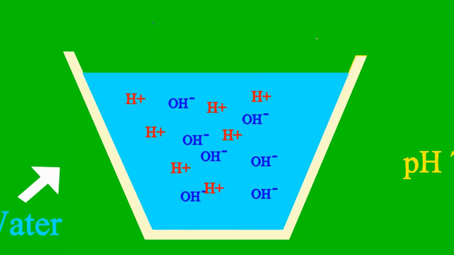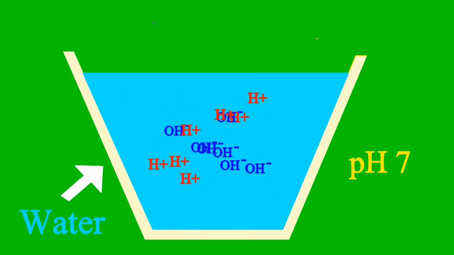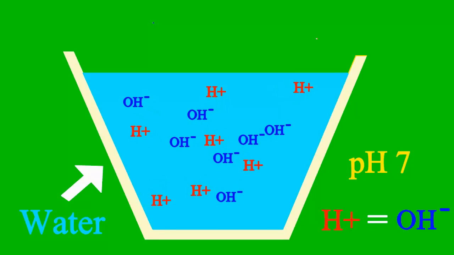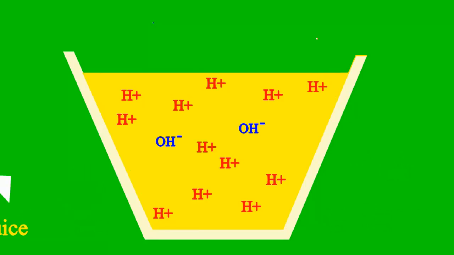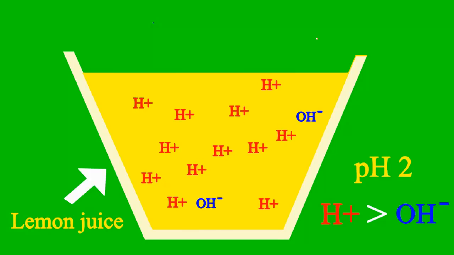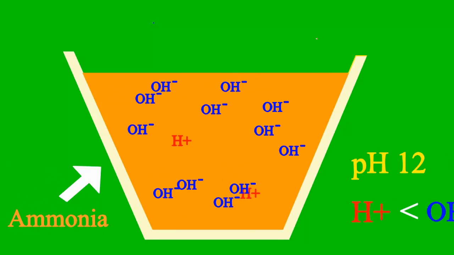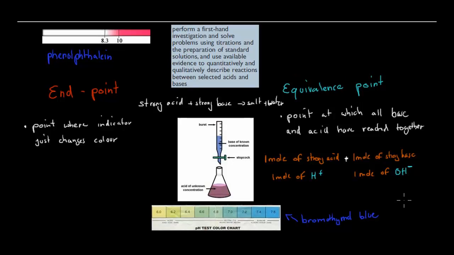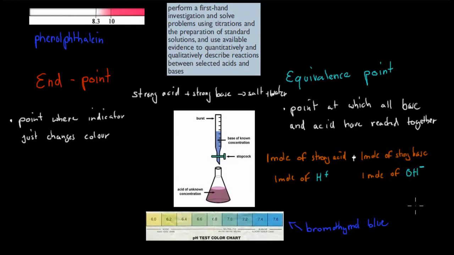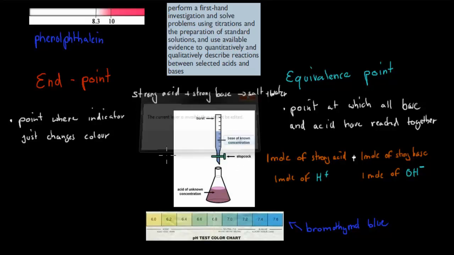When the pH is 7, it's a case where the sample is neither acid nor base. But less than 7, it's an acid, we say. More than 7, it's a base all the way. Before we start talking about titrations in more detail, I quickly want to go over those concepts of endpoints and